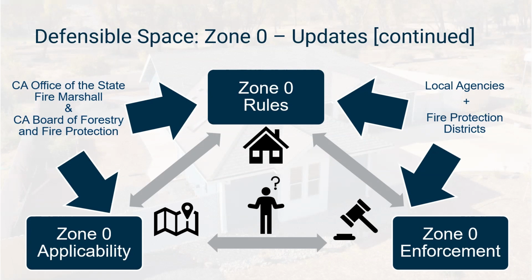So I want to point out on this slide that there are two different categories of rule makers and enforcers. The state, so that's the Office of the State Fire Marshal and the Board of Forestry and Fire Protection, are responsible for creating what the rules are and then applying them where they see fit. Now, the enforcement of those rules, and even some of the rules themselves, we can go further on in local jurisdictions. Those fall to the category of our local agencies and our local fire protection districts. So these are three different things that we're going to get into: the rules, the applicability, and the